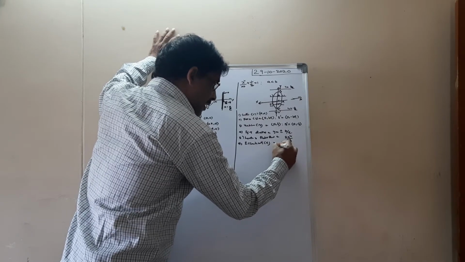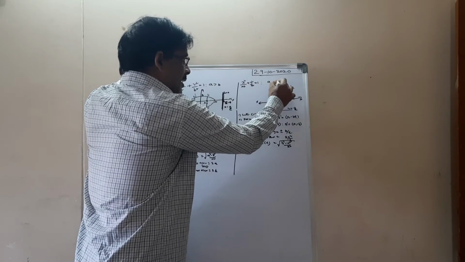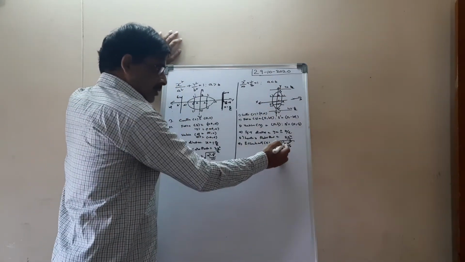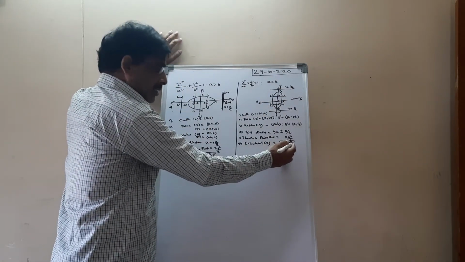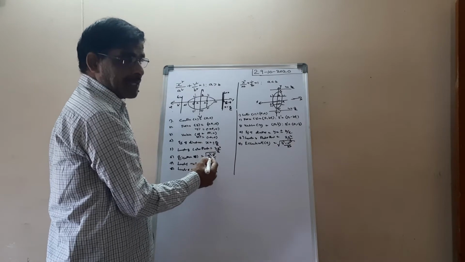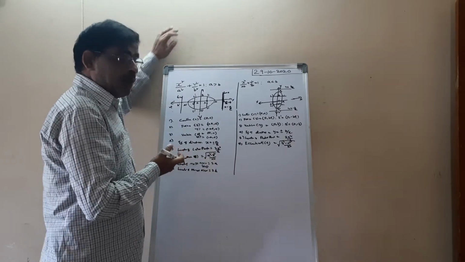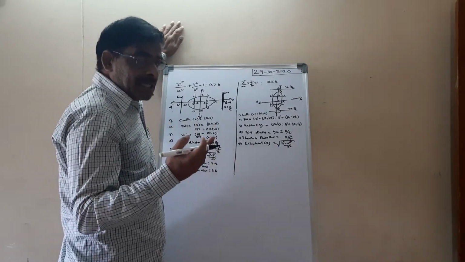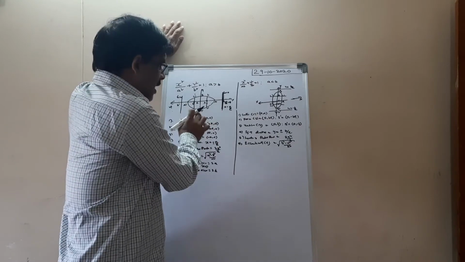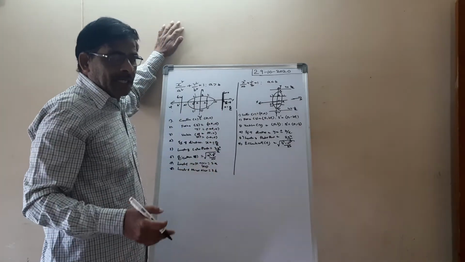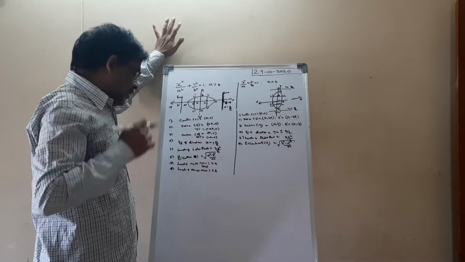Eccentricity of this type of ellipse equal to, here see, under root of b square minus a square by b square, because b is greater than a. So you have to write b square minus a square. Here, a square minus b square is greater than zero, and we already proved the eccentricity of the standard form of that type of ellipse equal to under root of a square minus b square by a square.